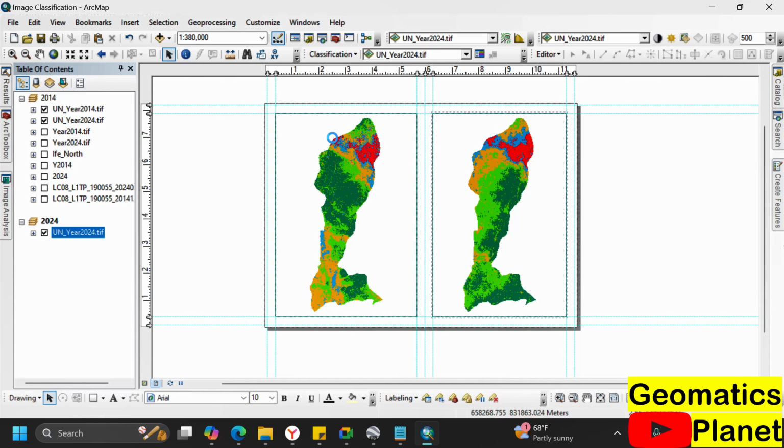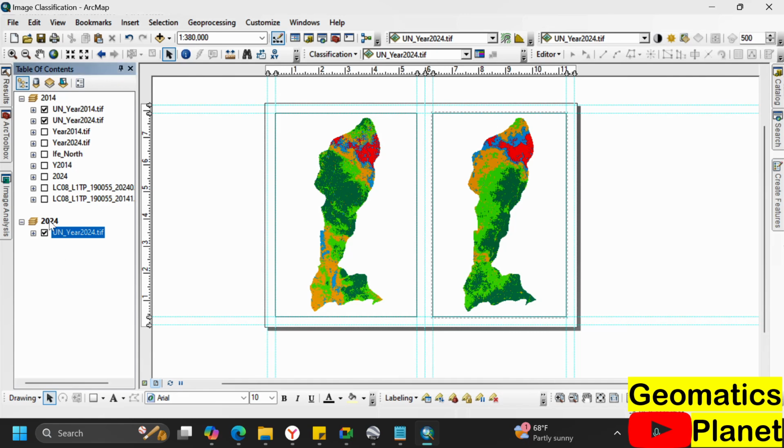So what next? The map, I'm putting them in order. In order to make them look alike, I can decide to use one scale between them. What I mean by one legend in them, because the colors are showing the same way. So in that extent, what I'm going to do is